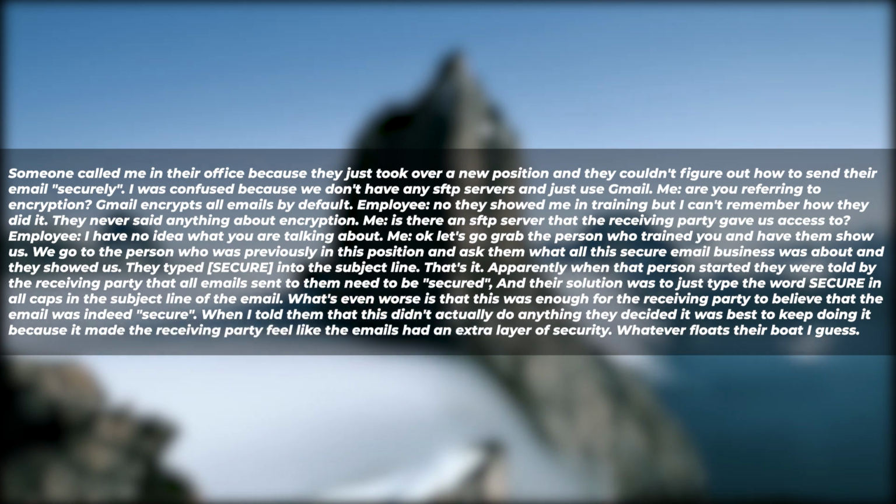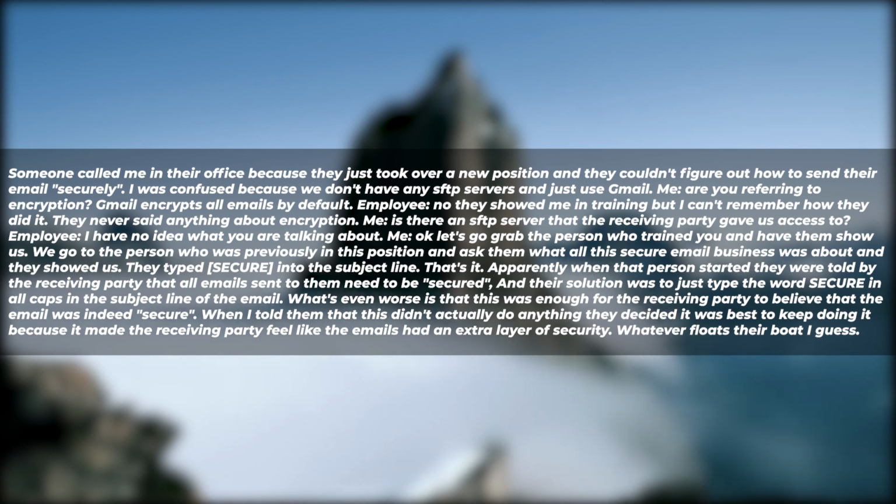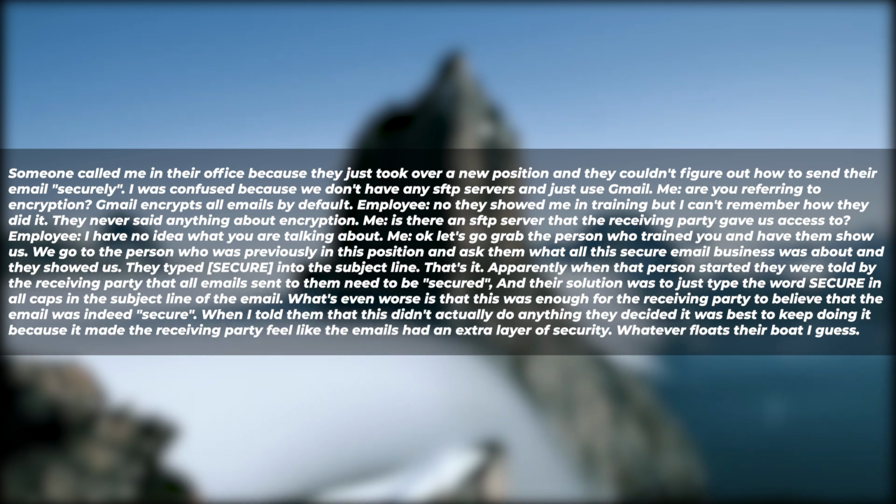We go to the person who was previously in this position and ask them what all this secure email business was about, and they showed us. They typed secure into the subject line. That's it. Apparently, when that person started, they were told by the receiving party that all emails sent to them need to be secured, and their solution was to just type the word secure in all caps in the subject